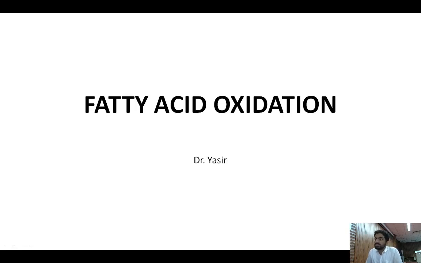So in last class, we discussed fatty acid biosynthesis. Today we are going to study fatty acid oxidation. Biosynthesis was basically how fatty acid is formed, and this is the opposite, but not directly opposite. Here we will see how fatty acid can be broken down to release energy. Normally glucose is the primary source of energy, but if the glucose storage depletes and gluconeogenesis cannot happen or has exhausted, then fat starts breaking down. Especially in starvation, fatty acid oxidation is very important to provide energy.